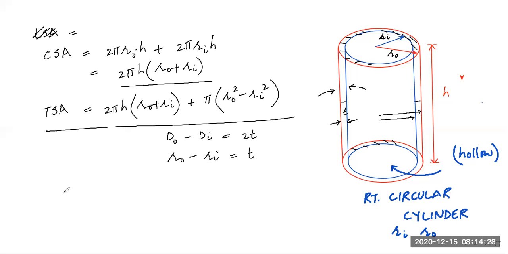Now we'll have volume or the capacity of a right circular cylinder which is hollow. So whatever fluid or whatever solid, whatever things we can put inside this space. So its volume will be again the formula for volume: area of the base. So area of the base will be inner, so it will be pi ri square, right? Pi ri square into height. This will be the capacity of the